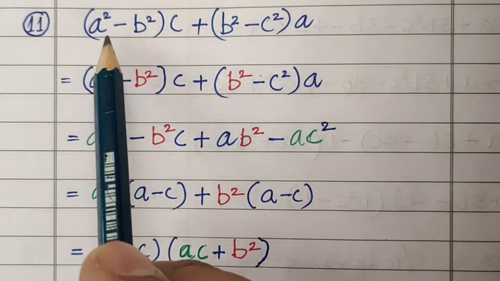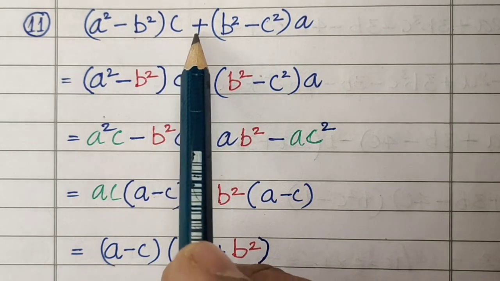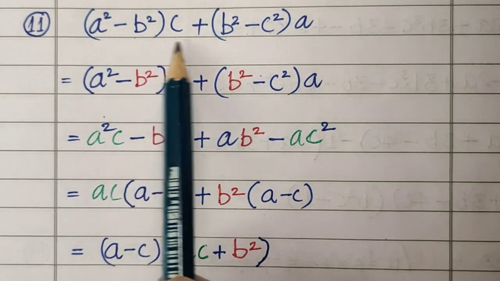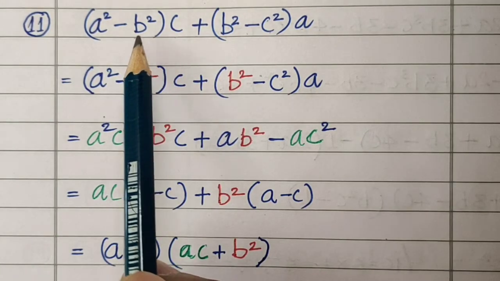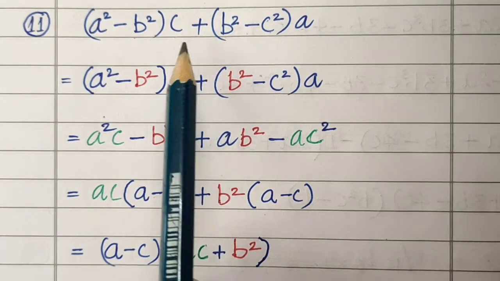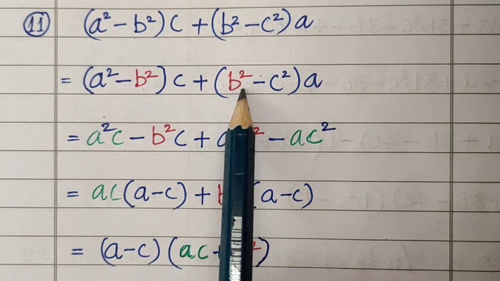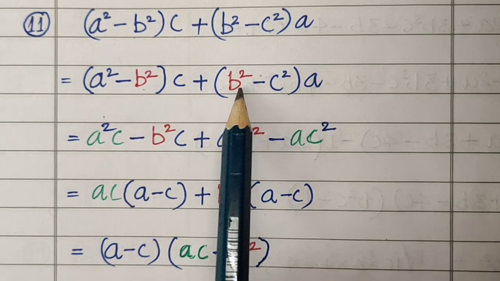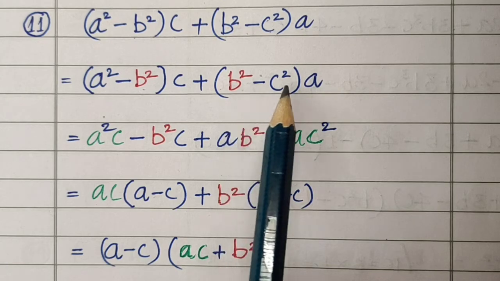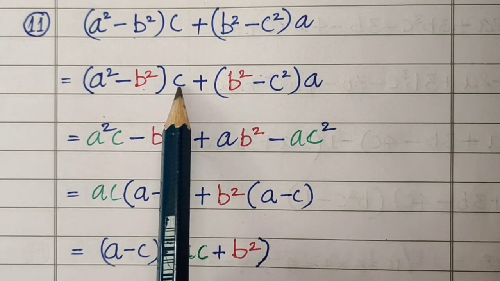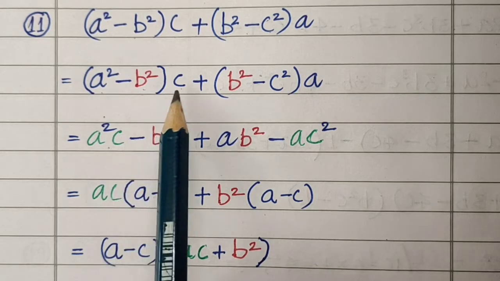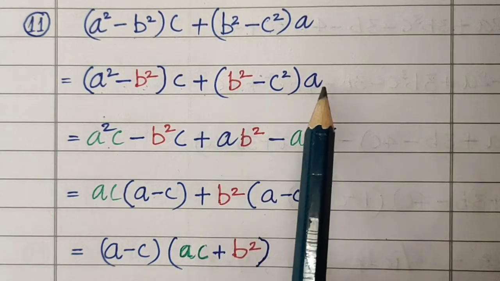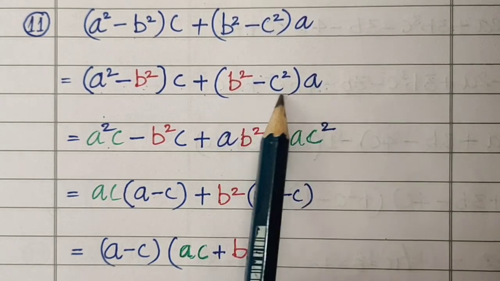Factorize a square minus b square into c plus b square minus c square into a. As soon as you see these types of problems, you recognize the more common things in the problem. The more common thing is b square and b square. When you remove the brackets, the chance of taking this b square is more. You keep that in mind and proceed further. Remove the bracket first: a square c